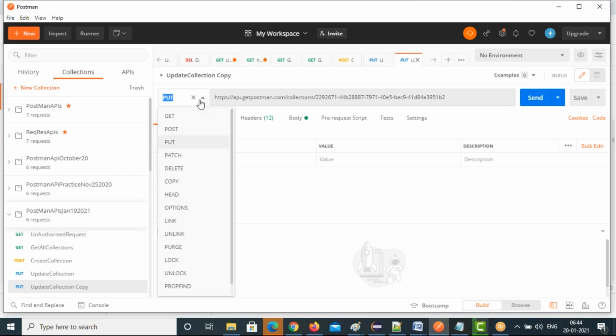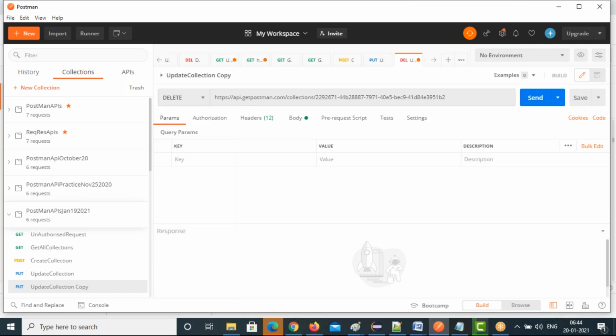So make sure the method is DELETE, and rename this as Delete collection. And save it. So now see it is changed to Delete collection.